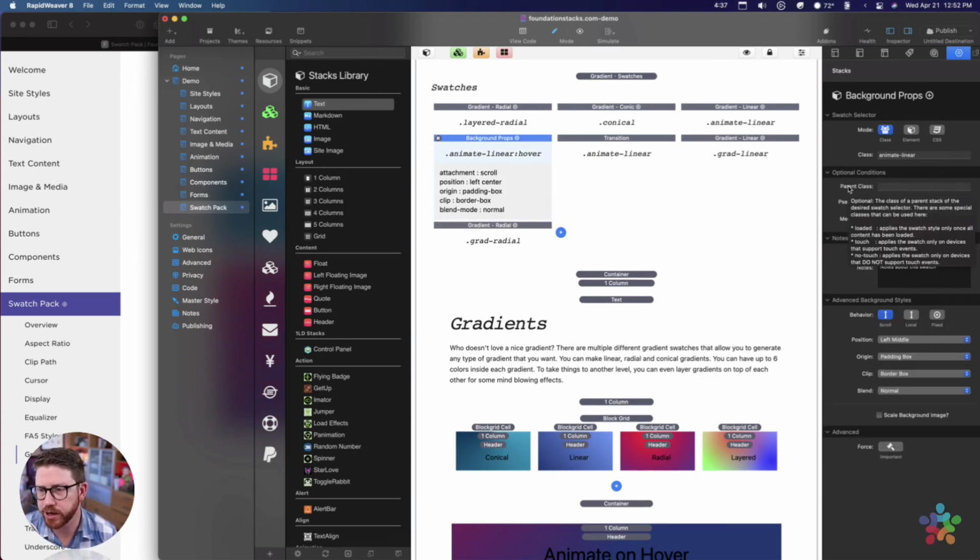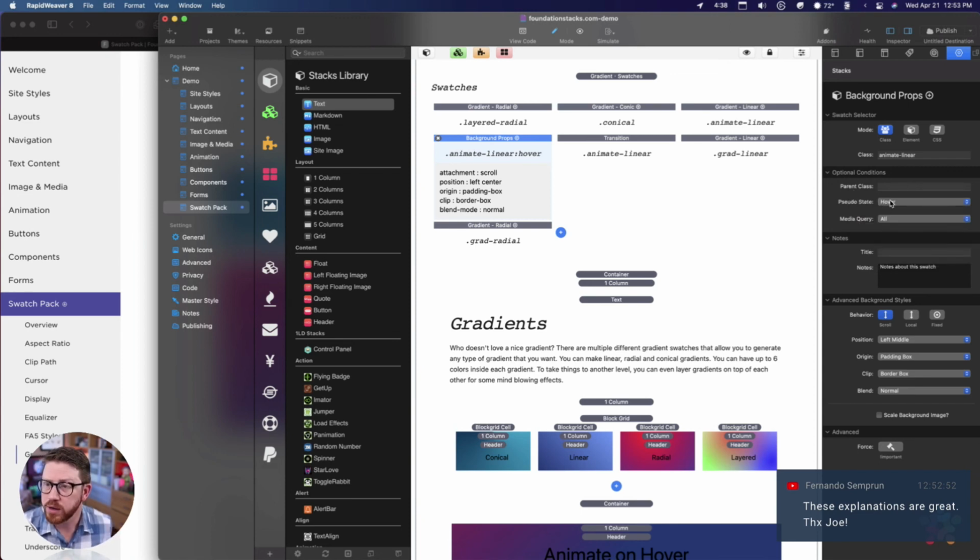If you hover over this parent class setting, and if you read this tooltip, hopefully everybody reads the tooltips because there's some really cool knowledge in there. And here's a perfect example. If you hover over the parent class option, you'll see that there's a few classes that you can add to this that will be useful. And the first one is loaded. This is a class that's assigned to the entire web page once the web page has completely loaded. Therefore, if I were just to change this, instead of doing this on hover, if I do loaded,